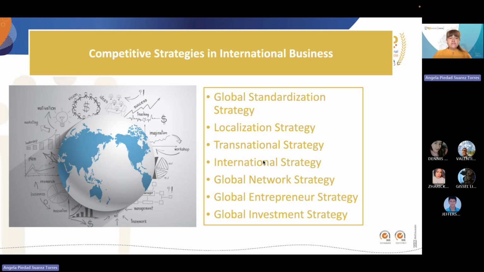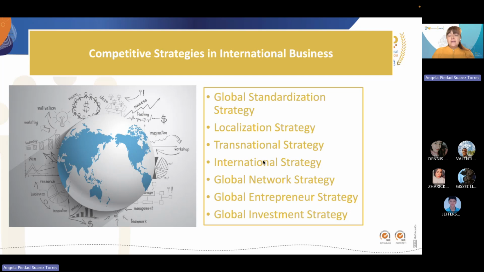In the case of Netflix, you're going to see that the portfolio that you find in Colombia is going to be different from the one that you're going to find in any other place in the world because it's going to fit the needs of the consumers. So the profiling that we have about the consumer is going to give us the key to design the product or the service to be able to be competitive on it. So that's the international strategy. Next one,